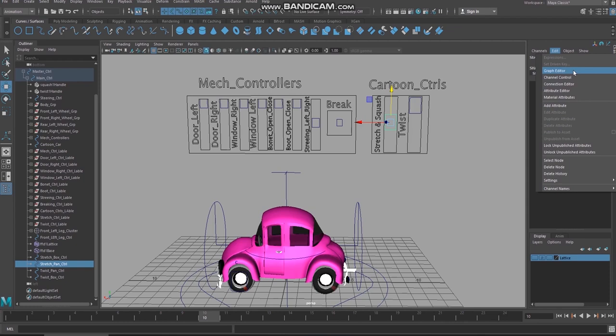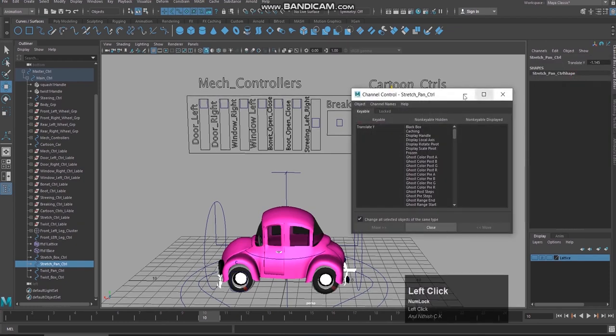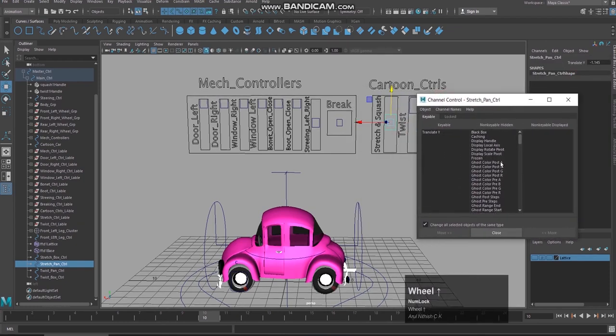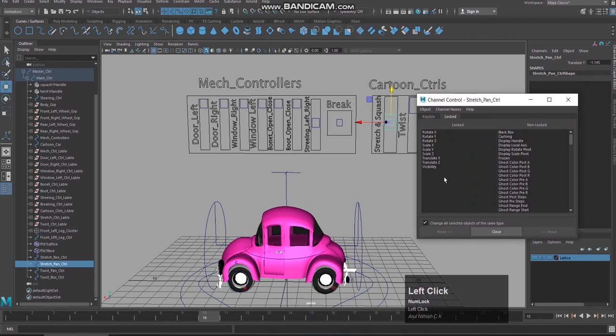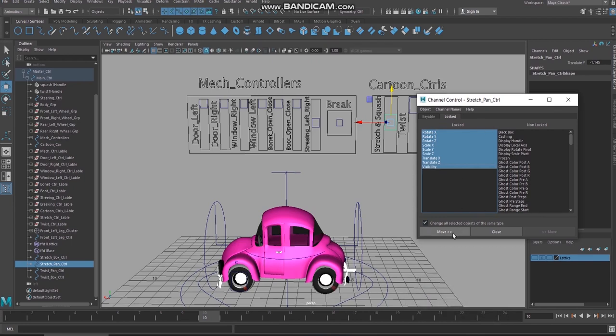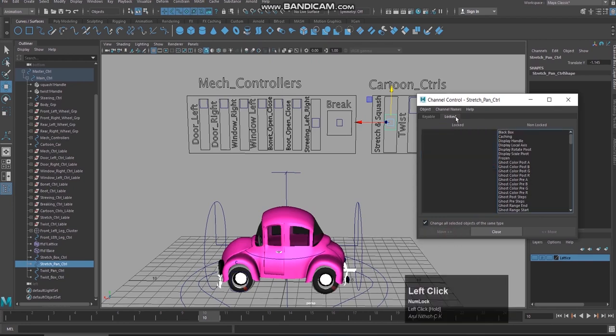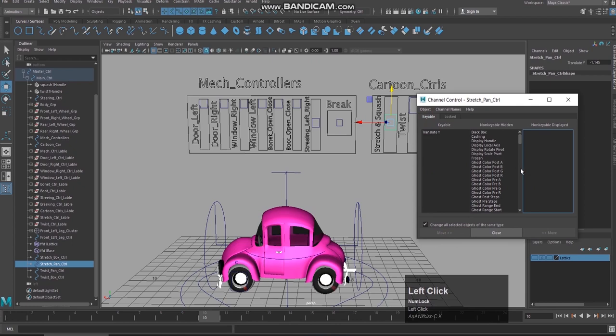Sorry, I'm going to channel control, and I'm going to locked. Okay, so all these things are locked. Shift select all these things and move it to non-locked. Now I'm coming to keyable. So it is like non-keyable displayed. I should select visibility and move this side, and